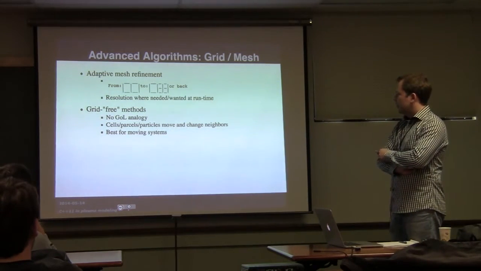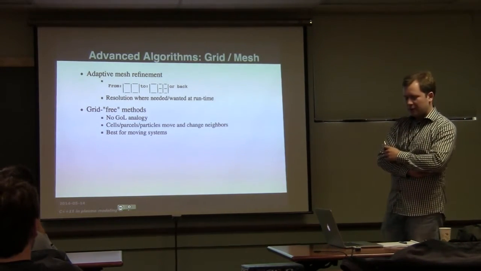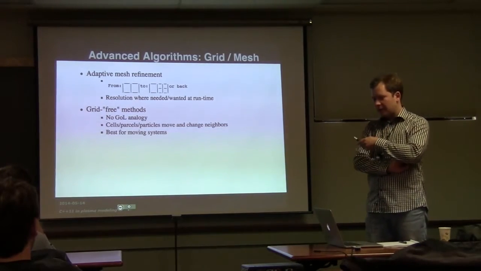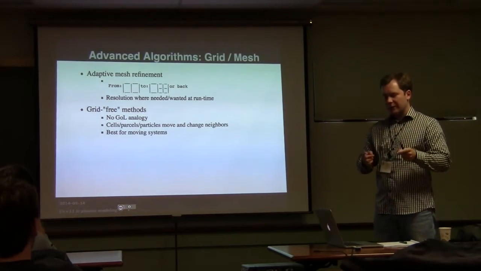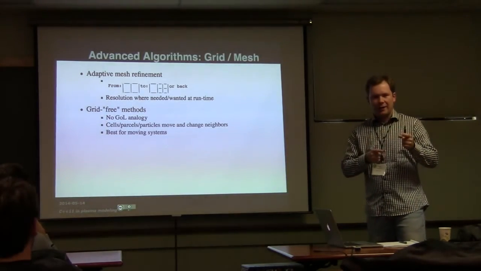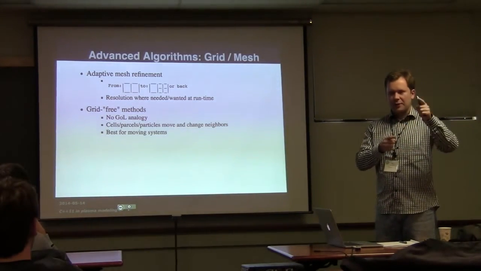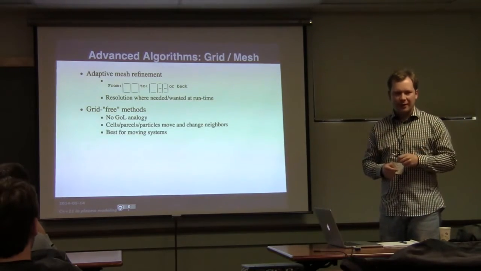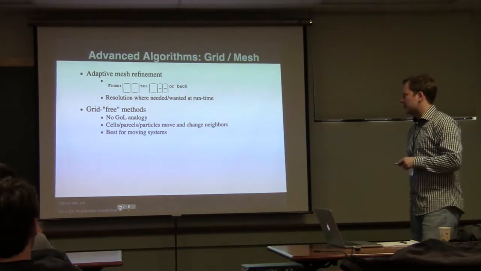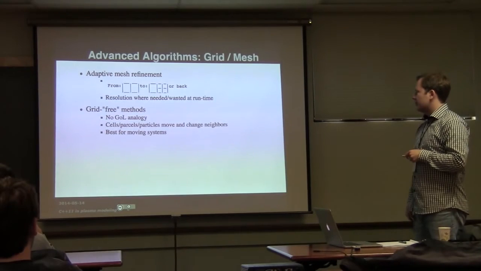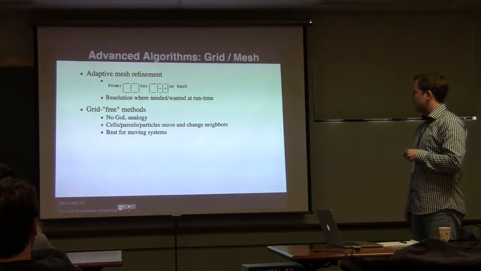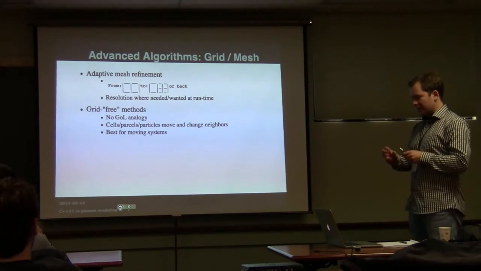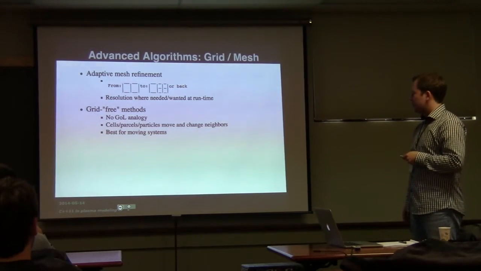There are also these grid-free methods. Well, they're still almost like a general graph, so the vertices are moving quite arbitrarily, and then the edges switch between different vertices, so the neighbors of the cells change. So this is quite tricky business, and well, there is no game of life analogy for this because the cells are moving and the neighbors of each cell can change.